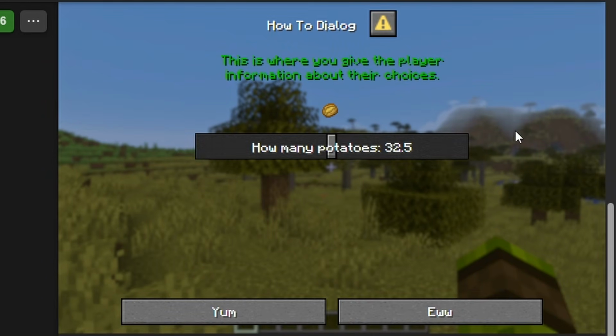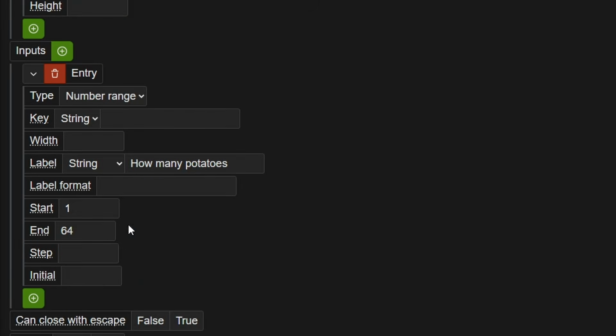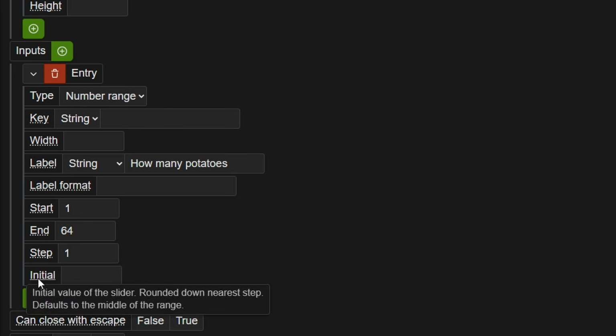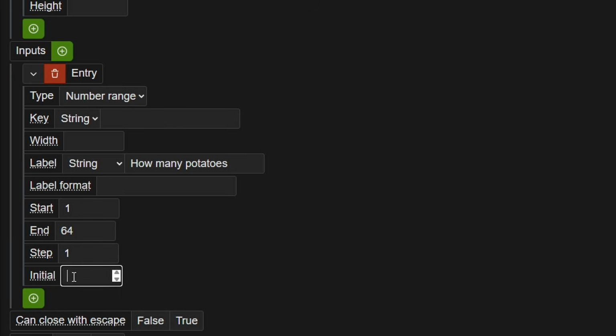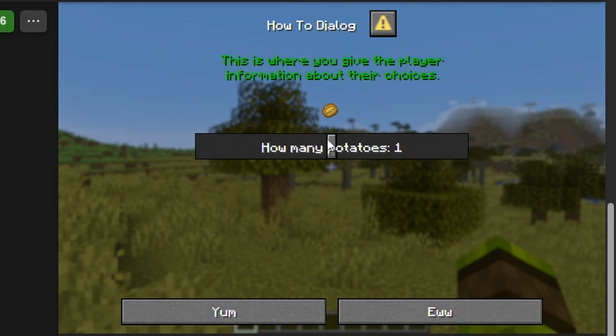And in the case of the number range, you'll notice that there's a decimal number, which doesn't make sense. Half a potato, you can't get half a potato. So we're going to set the optional option here to be 1. So it's going to step every 1 instead of every 0.1. And then the initial we will set to 1. So that will make the sliders start way over here,